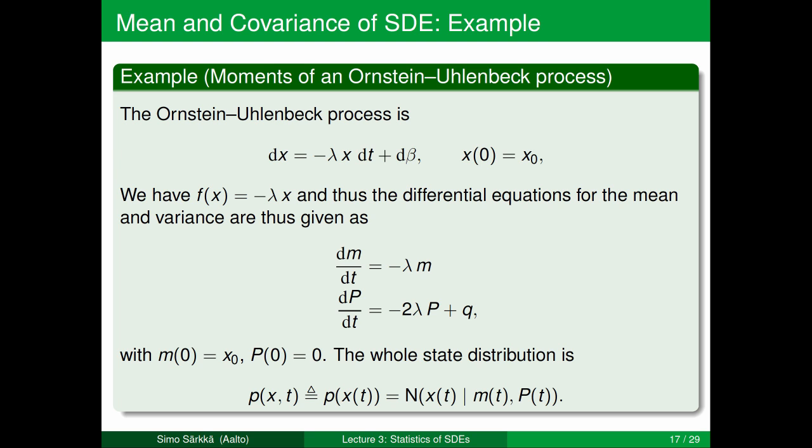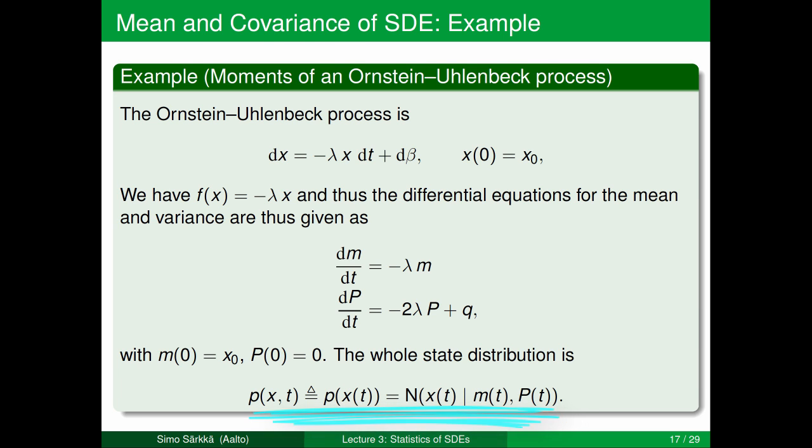So in this case we have a closed set of equations for both mean and covariance, and we don't actually need to explicitly solve the Fokker-Planck-Kolmogorov equation first to write down the differential equations and even solve them, because the differential equation is linear. In this case, the state distribution or the distribution of x is given as p(x, t), which is also the same as p(x) as a function of t. It's a Gaussian distribution with mean m(t) and covariance P(t). So this distribution would actually also solve the corresponding